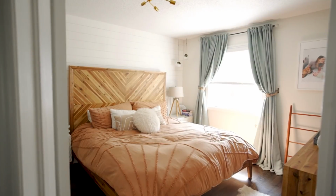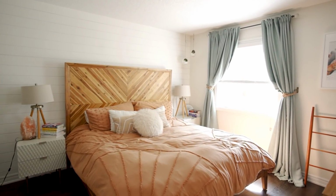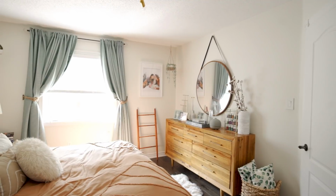This is the master bedroom, which is another room we spend a lot of time in. I love the furniture set that we got for this room. I really wanted to invest in some grown-up master bed furniture, and that's what this is. I got this set from West Elm. It was an investment. I love it. I remember Matt complaining about the price when we bought it, and now it's like his favorite thing. He just talks about it all the time. Not all the time, but when people come over, he acts like he picked it out, and I'm like, yeah,